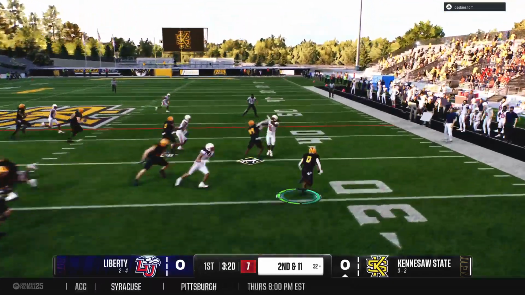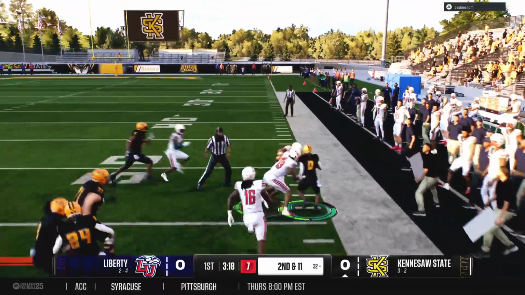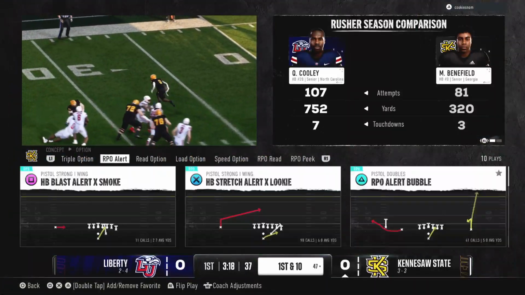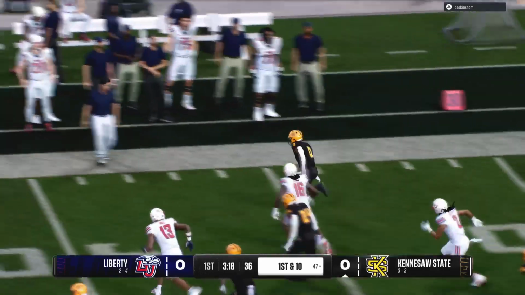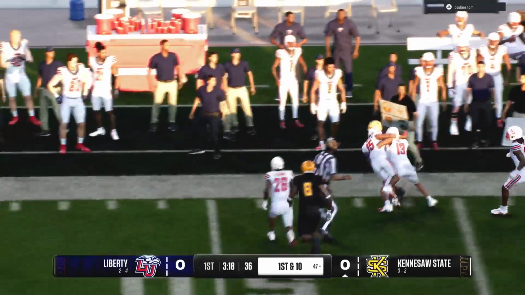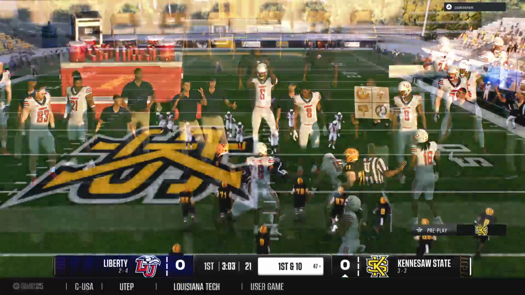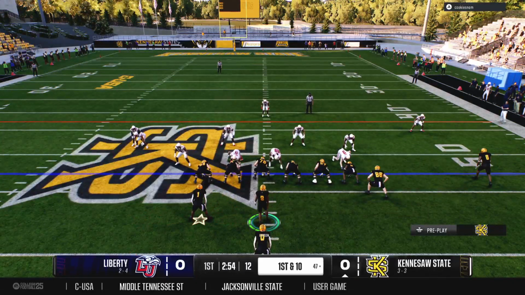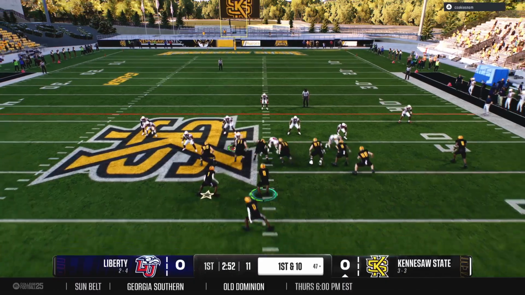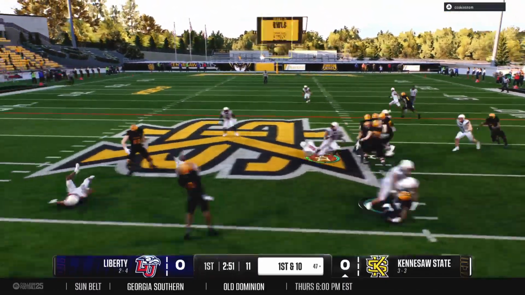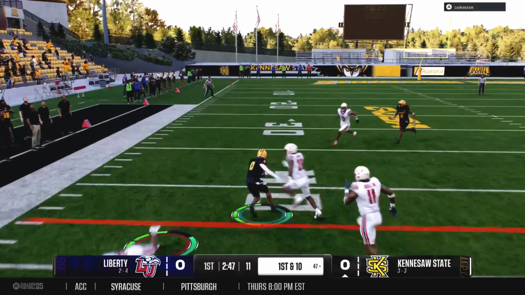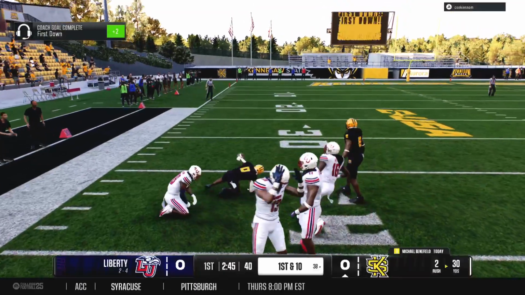Running back searching for a hole. Still on his feet at the 45. He's run out of bounds, but not before turning in a big pickup and moving the sticks for a 1st down. The interesting thing about these RPOs is it takes a lot of communication. You know, the quarterback sticks it in the belly of the running back, and the running back doesn't know if he's going to take it or not. And you could tell, took the football, got north-south, got upfield, got a great positive gain and a positive play